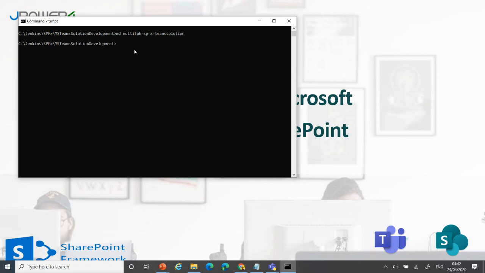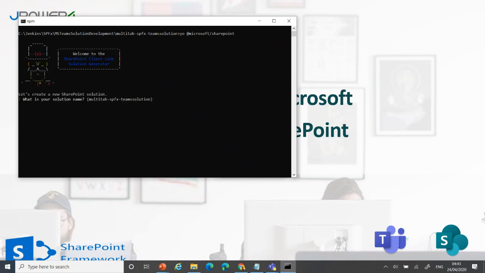Now you can understand easily. I created one folder, multi-tab SPFx Teams solution. From that, I'm going to create my first web part, using Microsoft / SharePoint.